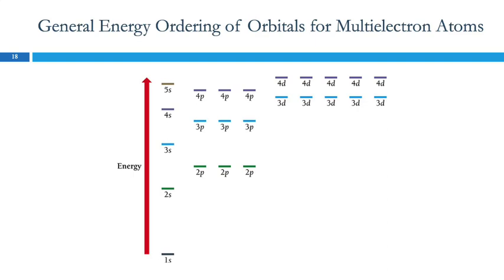So this is a diagram showing the ordering of the orbitals. As we go up, energy is increasing. Each of these lines represents an orbital. So in the 1s level, there's only one orbital, and this is the one with the lowest energy. It's closest to the nucleus, there's nothing in between, and so it's the most attracted. The next highest one is the 2s. For hydrogen,